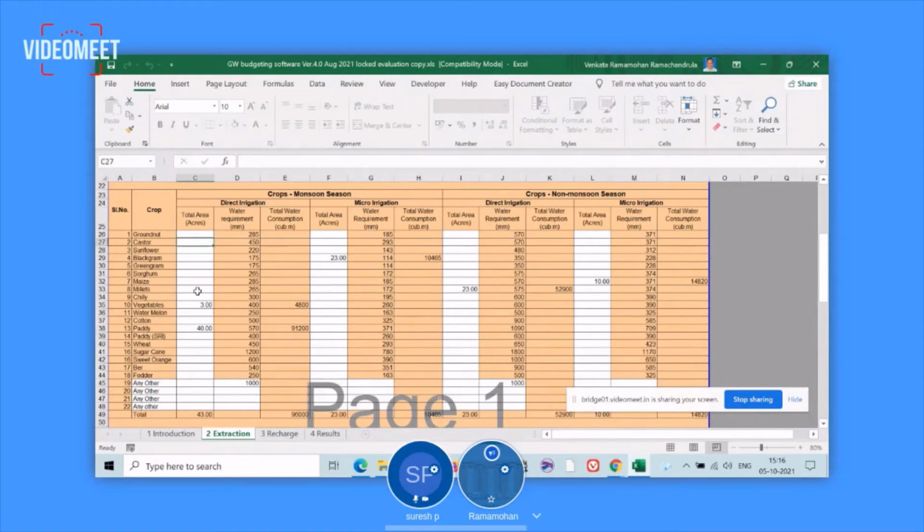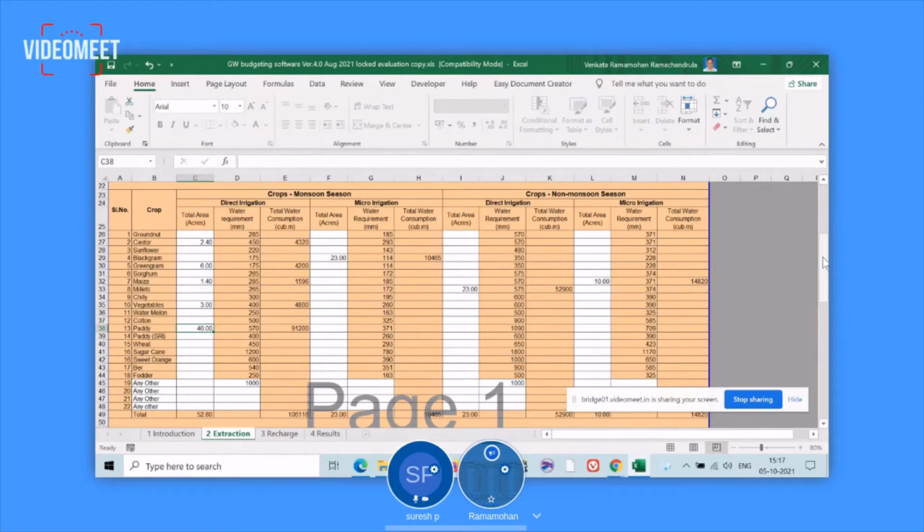For the different crops given on the left side, you have to fill the total area of that particular crop. For example, castor 2.4 acres, green gram 6 acres, maize 1.4 acres, and of course some vegetables in 3 acres. There's paddy, 40 acres. Let it be like that. A total area of 52.8 acres we have filled up. That means this data is related to these sample wells. So I have filled up the cropping pattern. This is directly multiplied by the water requirement, which is already there, and then you get the water consumption, how much water is consumed.